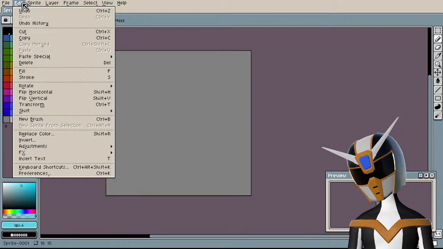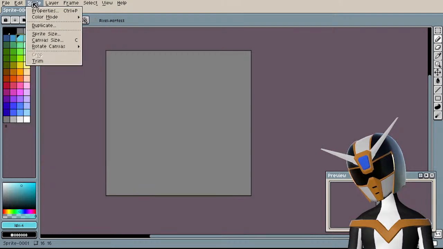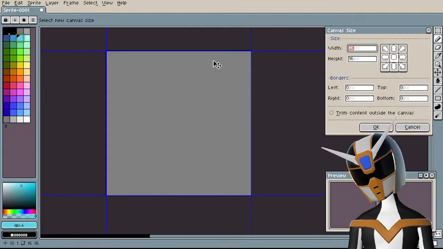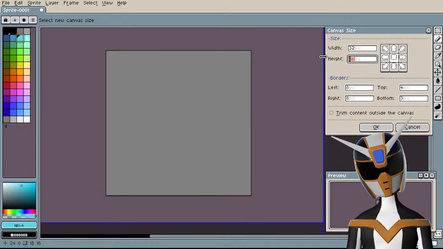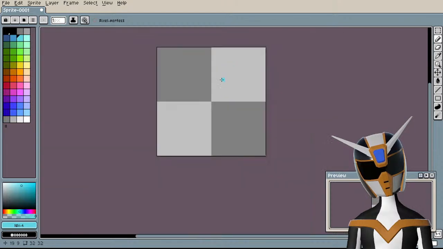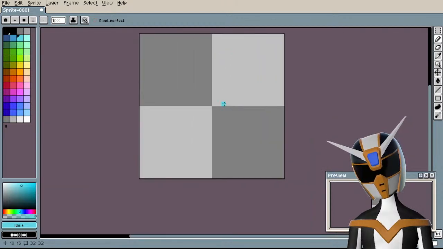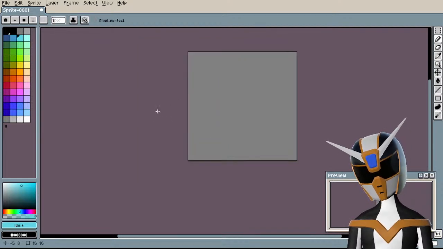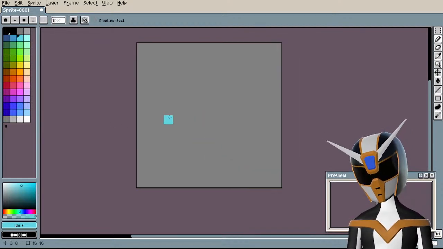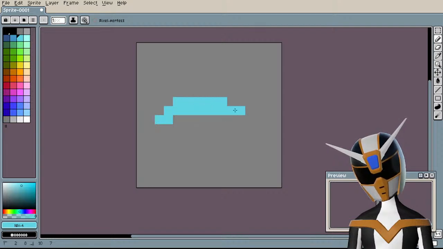Let me change the canvas size a bit. I actually think this might be a little bit too small for what I want to do. Maybe? Can I just undo that? Okay, let's just see what I can do here in terms of a super pixelated bull. It's gonna look kind of stupid, I think.